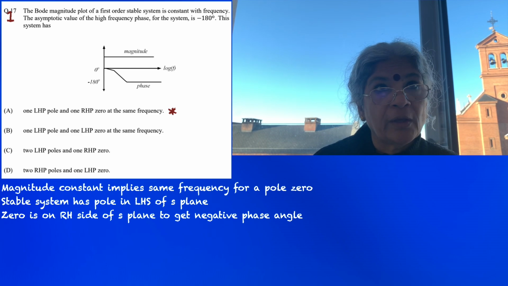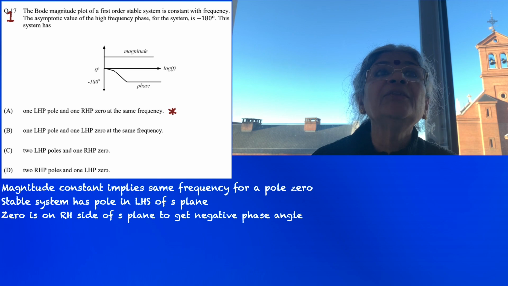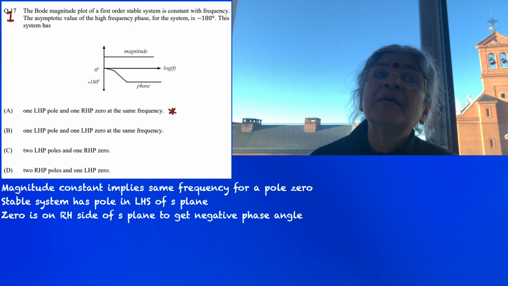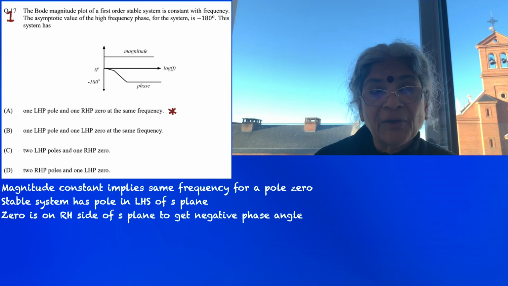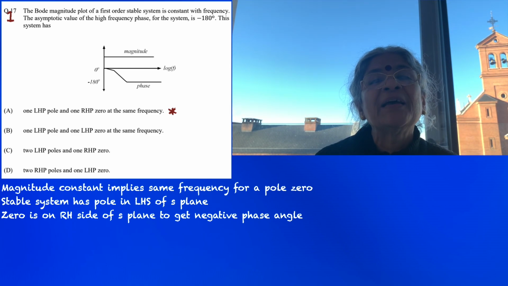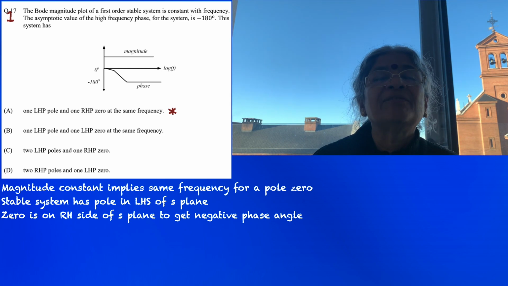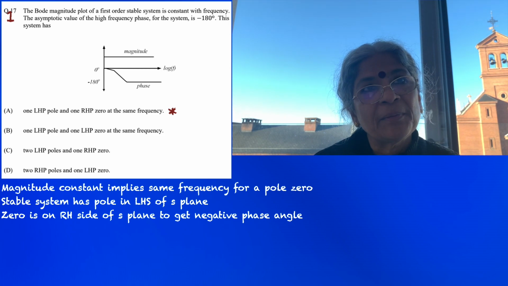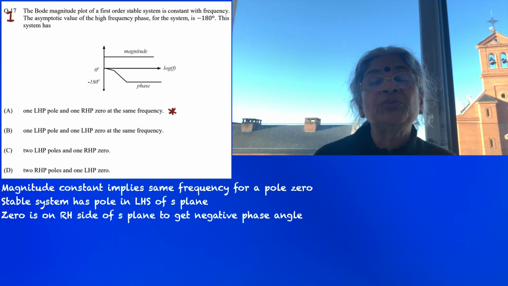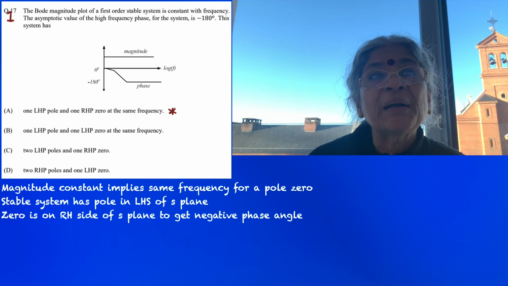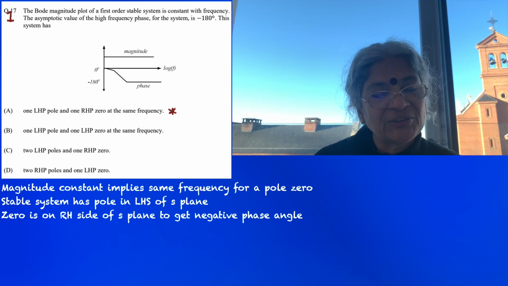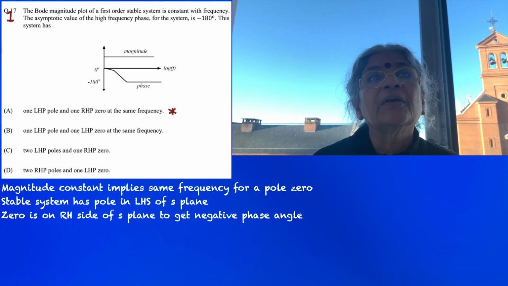But are we right? No, we are not right. Why? Because the magnitude remains constant, and magnitude can remain constant only if there's a zero as well as a pole, and they are at the same frequency. Because we have seen this before, square root of omega square plus alpha square should be equal to square root of omega square plus again alpha square. One of them may be positive and the other must be negative. That is true too, because we want to have a minus 180 degrees, so the numerator should also contribute a minus 90 degrees. So in that sense we see that there's a zero and there's a pole,